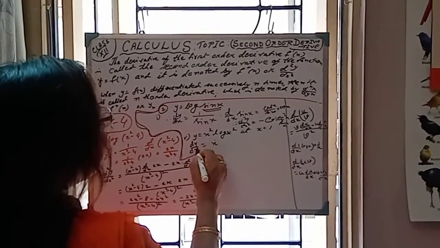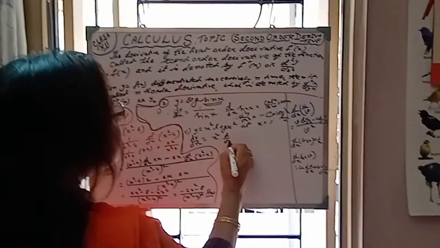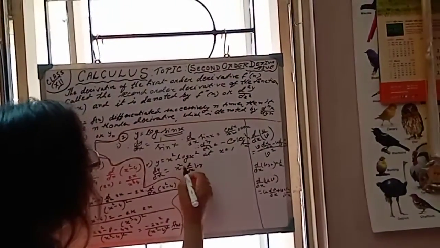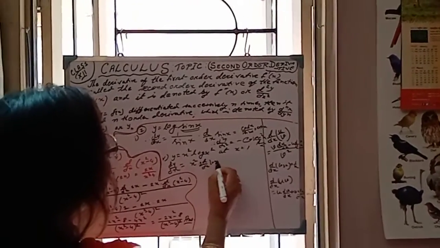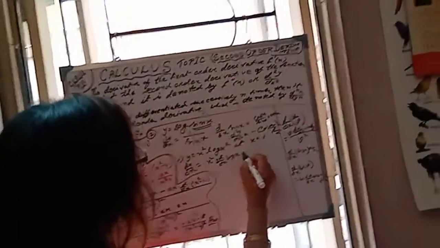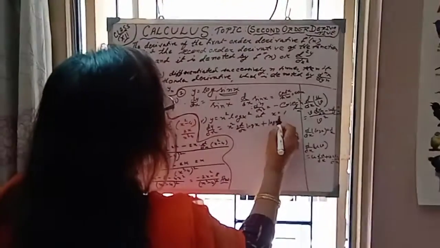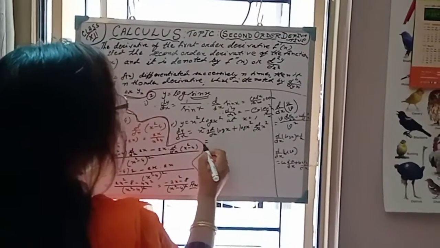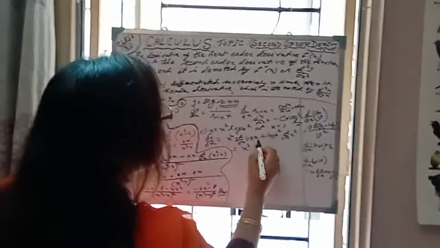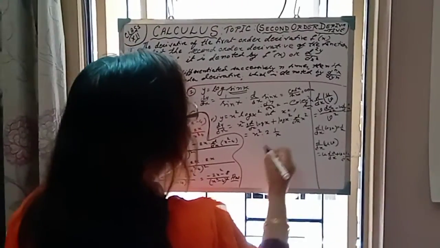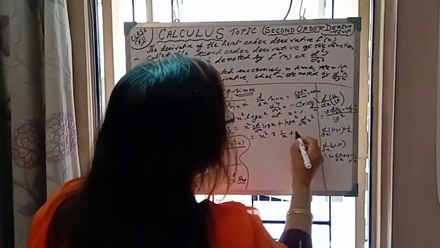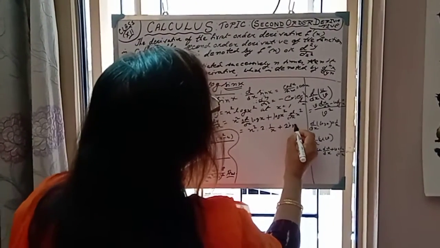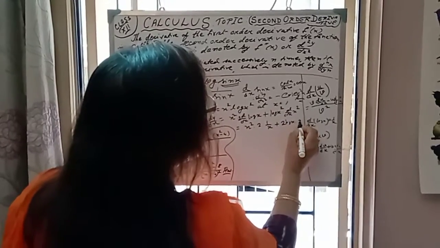So right here dy/dx equals x square into d/dx of log x square. We can write log x square as 2 log x. So d/dx of 2 log x, plus log x square into d/dx of x square. What we will get? x square into 2 into d/dx of log x, 1 by x, so it gives us 2 by x, plus log x square. We know log a to the power m is m log a, so 2 log x, and d/dx of x square means 2x.